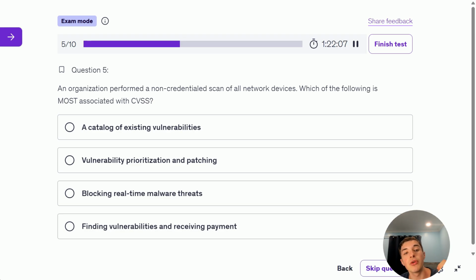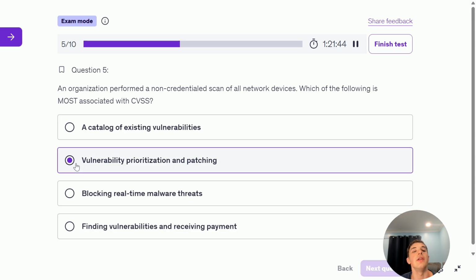Question 5. An organization performed a non-credentialed scan of all network devices. Which of the following is most associated with CVSS? A catalog of existing vulnerabilities, vulnerability prioritization and patching, blocking real-time malware threats, or finding vulnerabilities and receiving payment? And the correct answer is B, vulnerability prioritization and patching, because CVSS is the common vulnerability scoring system, and this is absolutely associated with prioritizing and patching your vulnerabilities, because CVSS assigns a severity score to an existing vulnerability that